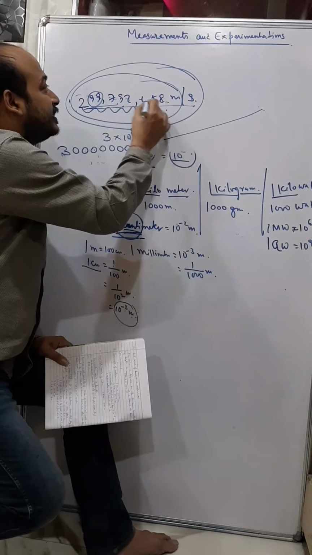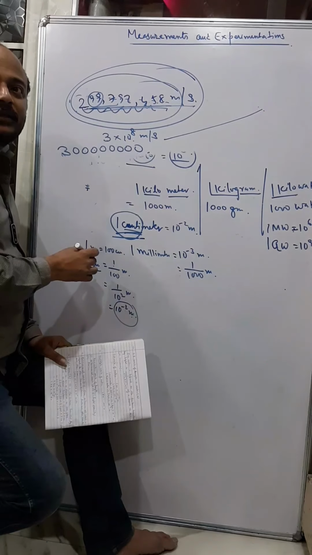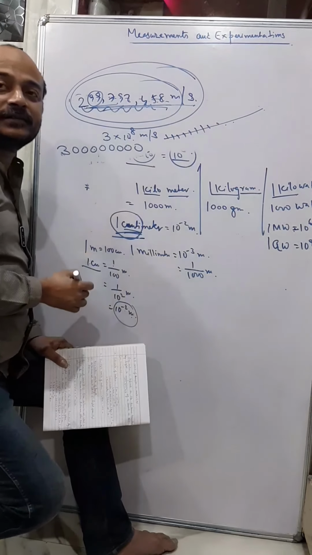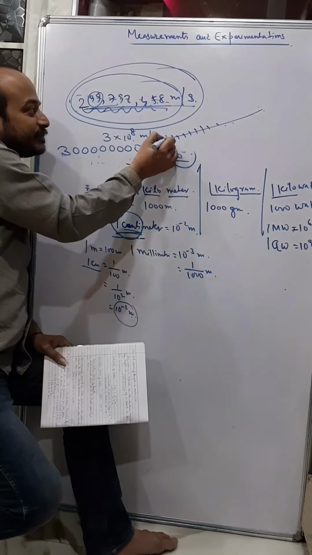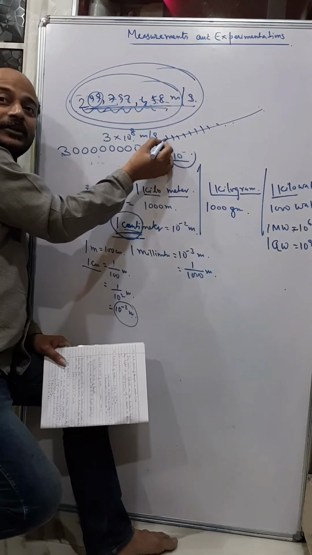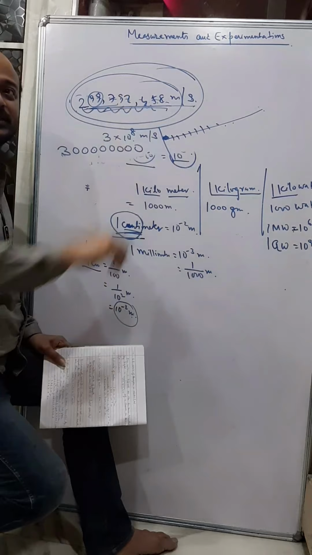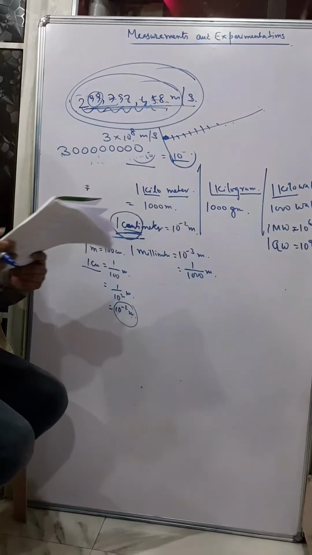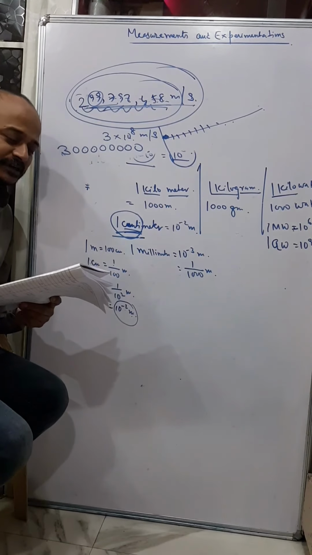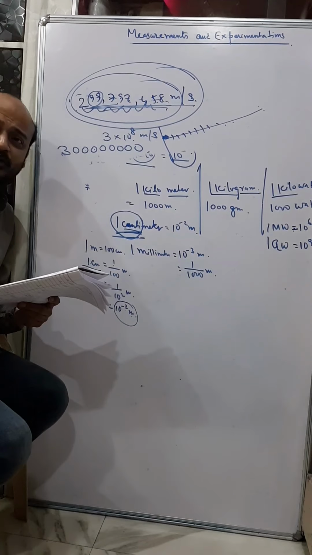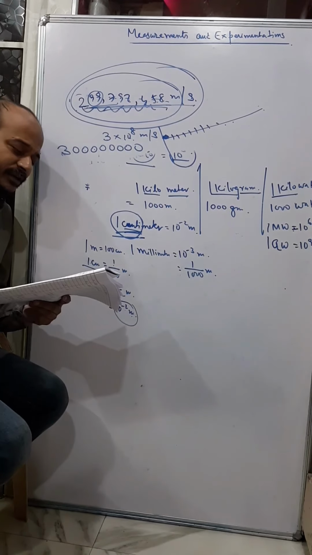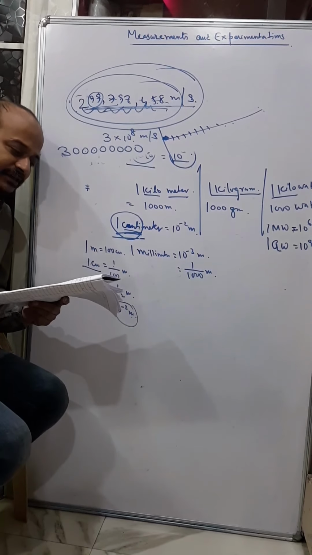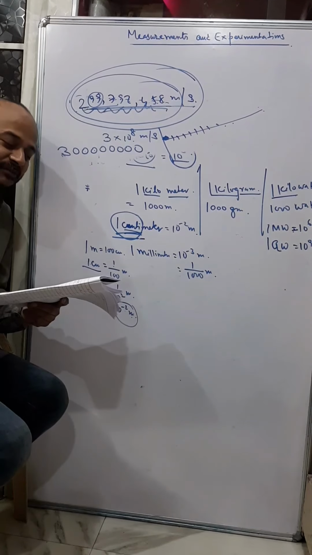So if I divide this into 299,792,458 parts, then the time taken by the light to travel one part is 1 second. Understand? But you just have to learn this. You will learn it like a phone number, 299,792,458. So remember this value. And then from the notes you can understand there are other multiples and submultiples of meter.